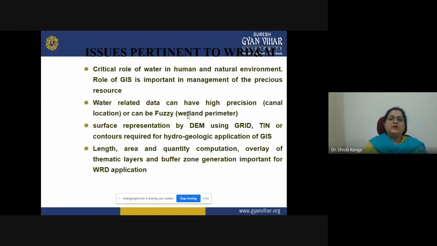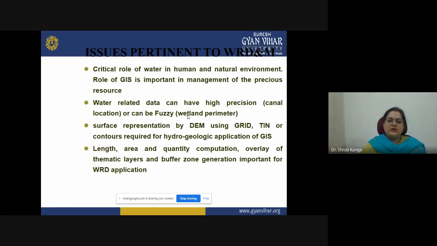Then we have the issues pertaining to different kinds of environments, such as the critical role of water in the human and natural environment. The role of GIS is very important for any kind of management of these resources. We can go for different modeling techniques and simulations, on the basis of which we can go for prediction.